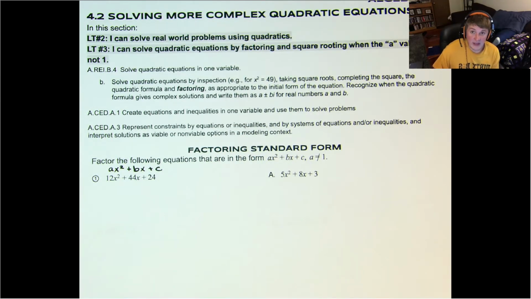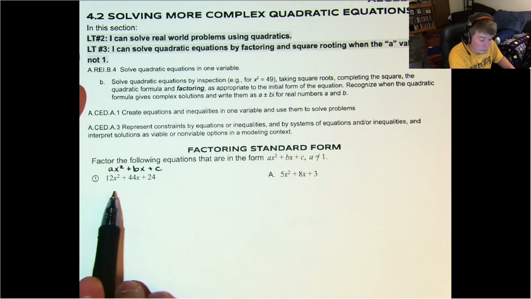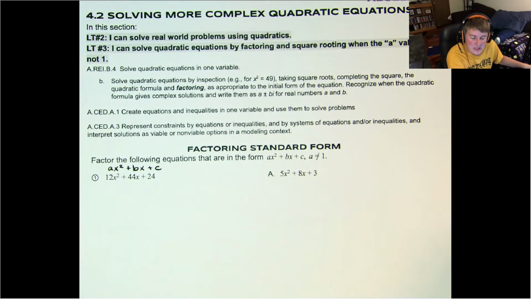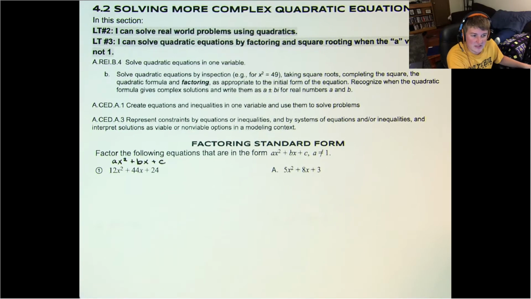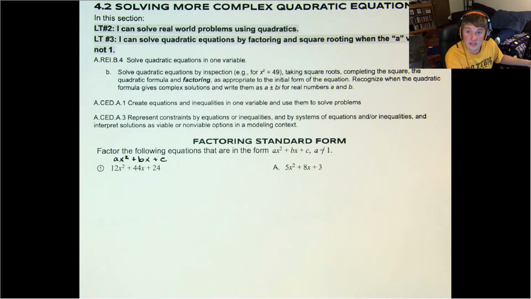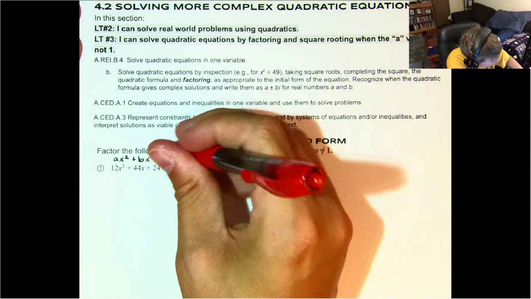We also had an activity where we figured out that when that a value is not 1, we have to start rethinking how we rearrange our x squared tiles. That causes just a little bit more complexity in the problem. So what we're going to do today is go through and factor these. The biggest thing that you're going to need to remember is that when you're factoring these, you always